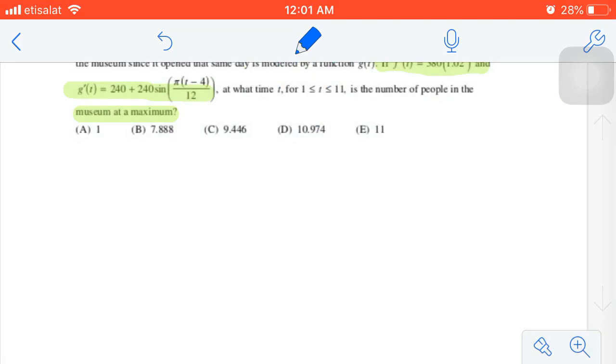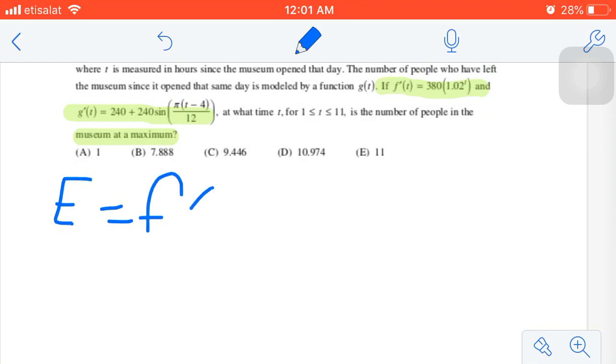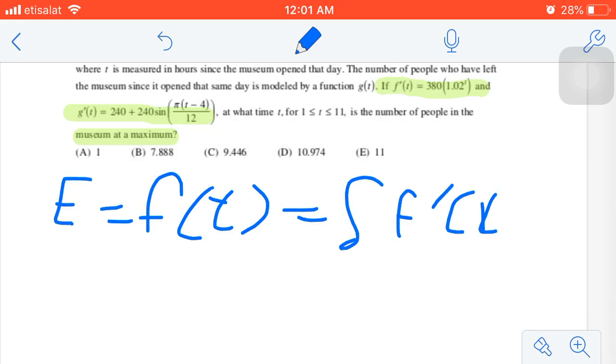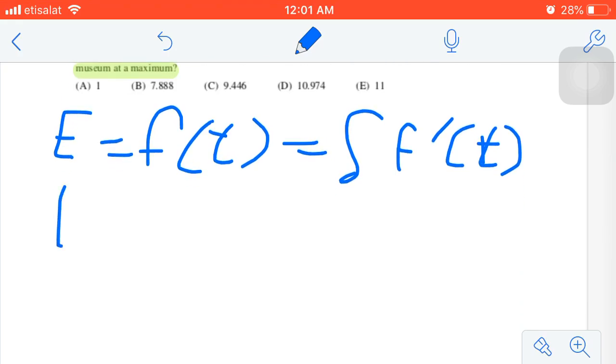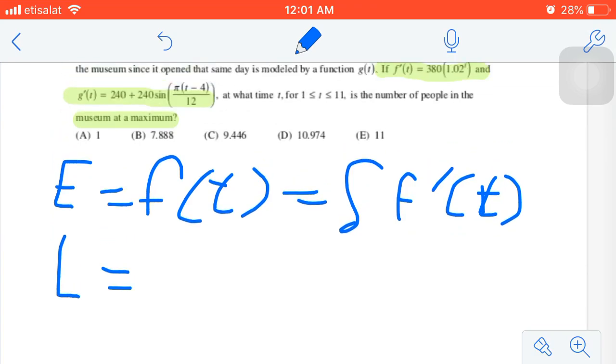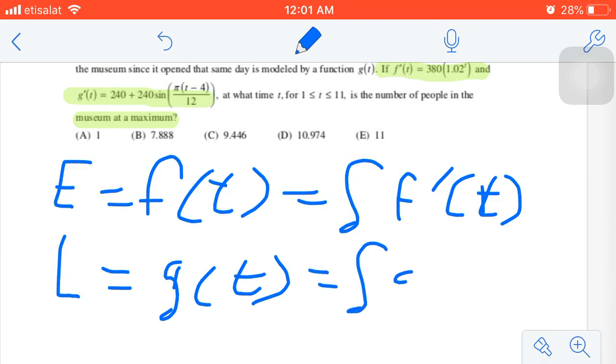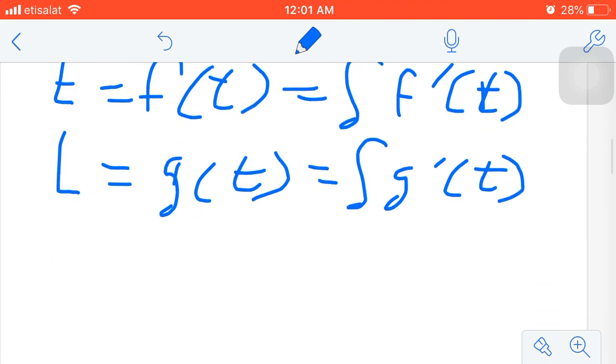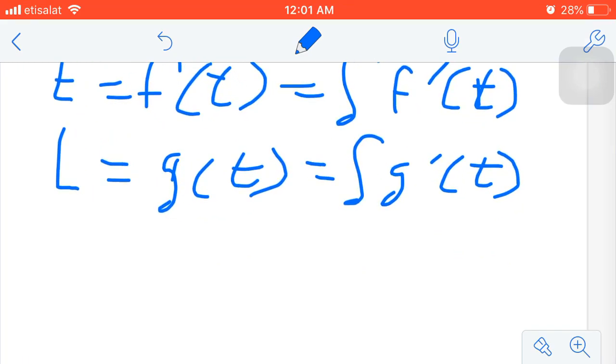So starting off, we know that the number of people entering is f of t, which is the integration of f prime of t, and the number of people leaving is g of t, which is found by the integration of g prime of t. And the total number of people is f of t